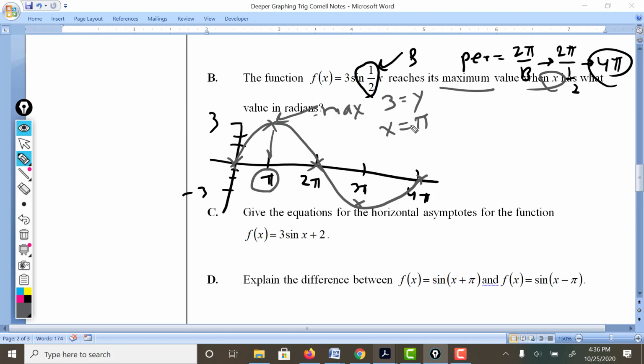Pi. Let me ask you this: at what x value is the minimum? Well, the minimum in this case is going to happen at -3 for the y value, and the x value is 3 pi. Let me ask you another one: at what x values do we have intercepts? It would be at 0, at 2 pi, and at 4 pi. So be careful and be aware of that kind of stuff. Next,